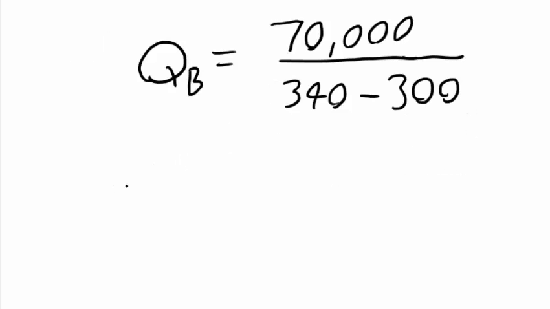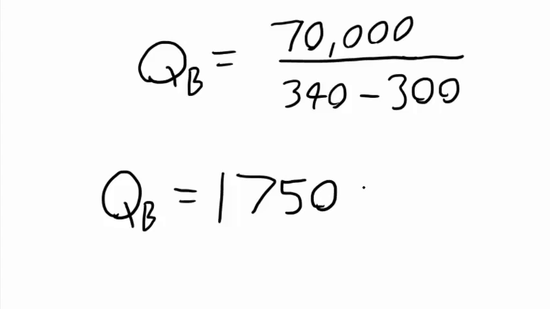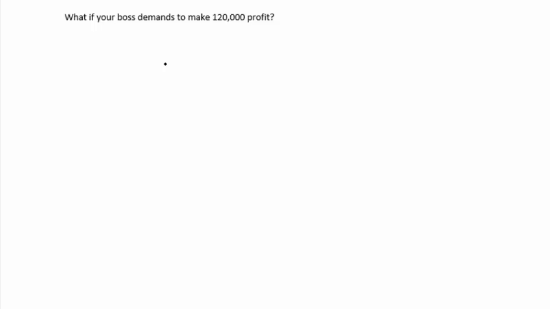And if we plug this into a calculator, we find our quantity to break even equals 1,750. So in order to reach a profit of zero and have our total revenue equal our total cost, we would produce 1,750 units of whatever we are producing. And continuing from the same question, we want to know how much we would need to produce in order to make a profit of